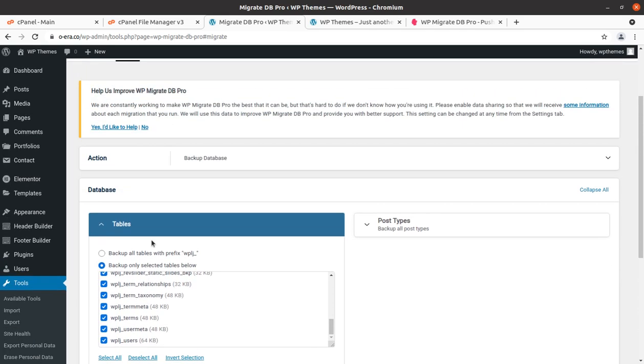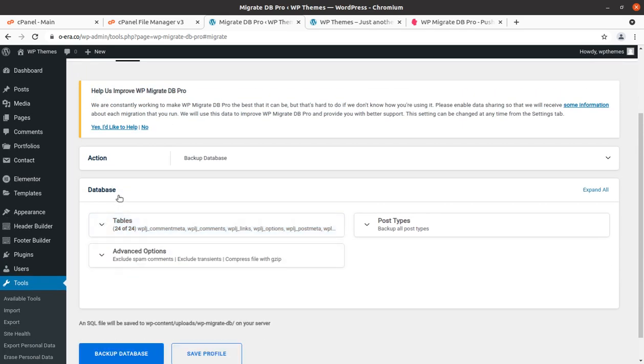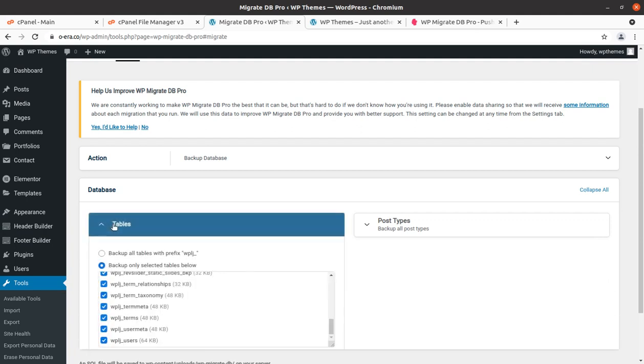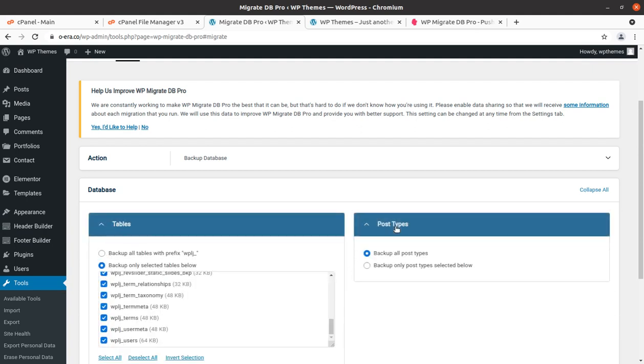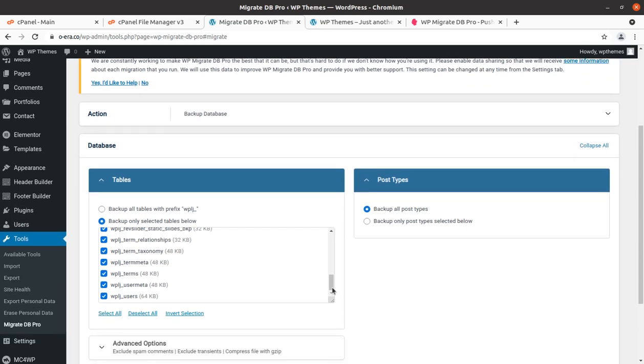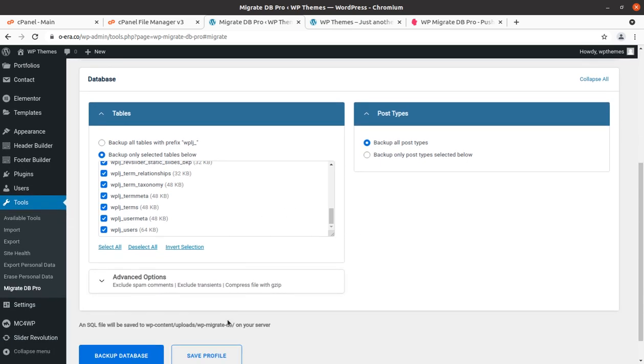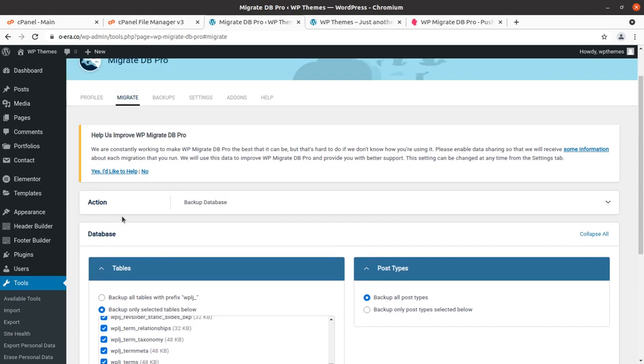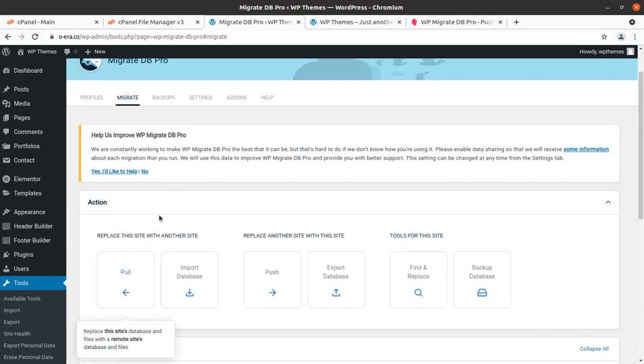So you can choose what not to be migrated, and tables, post types. So you can select all post types and selected post types. Okay, so this is also very good. So this plugin is giving all the privileges, in fact, and the option is here.